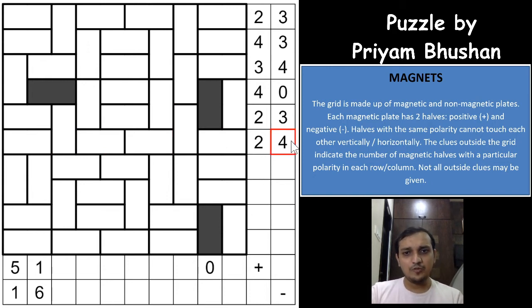So if you see for the 4, all of these 4 cells cannot be magnetic, because then the 2 will be violated. If all 4 of these regions were magnetic, there would be 4 positive and 4 negative, which means there can be a maximum of 2 of these regions magnetic, and the other 2 will have to be this. Because of the 4 being the negative sign, this will have to be a negative 1, and this will have to be positive and positive, right? Just because of the clue that we are getting here, the 4 wasn't given here, right?